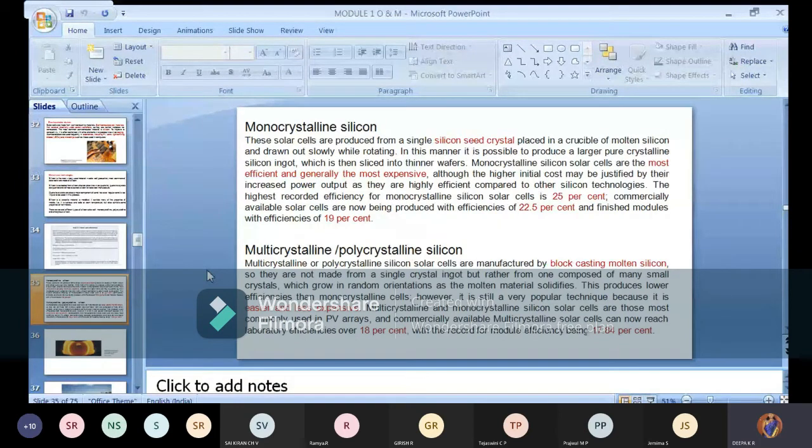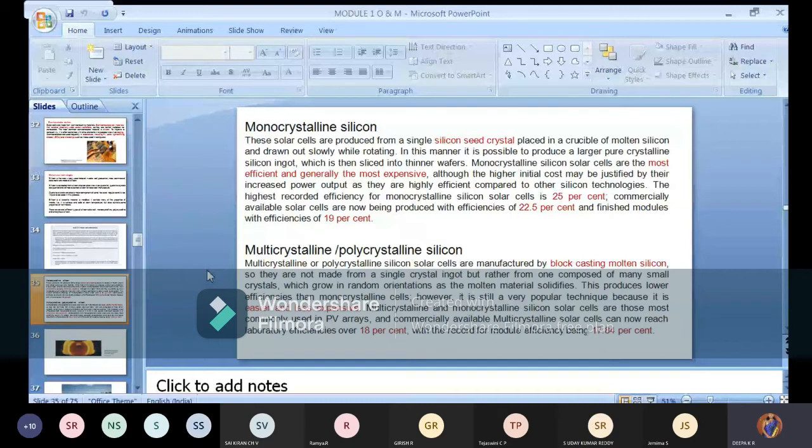Next, we'll go with the types, monocrystalline. You just try to note down the important titles, because this is one of the important questions. They can ask you for the differences or comparison, or to write a short note about the silicon cells, the PV cells. Note down monocrystalline. Here the highlighted part is what this crystal is made up of, what the input and output are, and how much we are presently using it, based on efficiency. This will be considered for each and every type of PV cell.